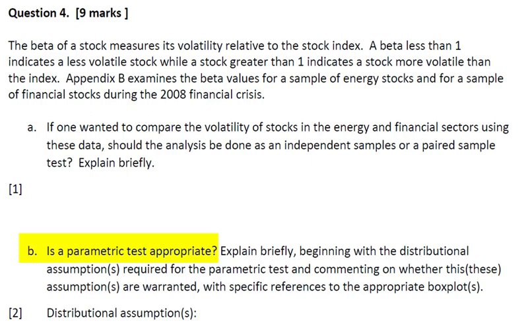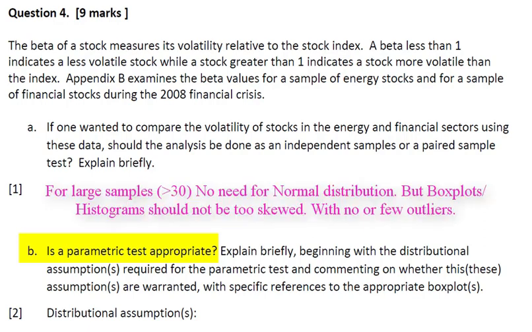Now, any test that assumes normality requires that the data have a normal distribution. If the samples are large, meaning more than 30, then we don't need the data to have a normal distribution. We don't need that assumption. But the box plot should not be extremely skewed. It should be relatively symmetric. Okay. So let's look at the box plots and see if they are not extremely skewed and if we don't have